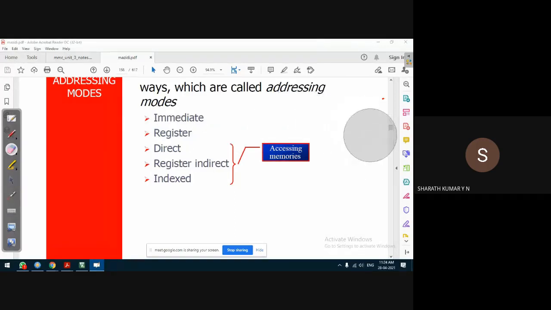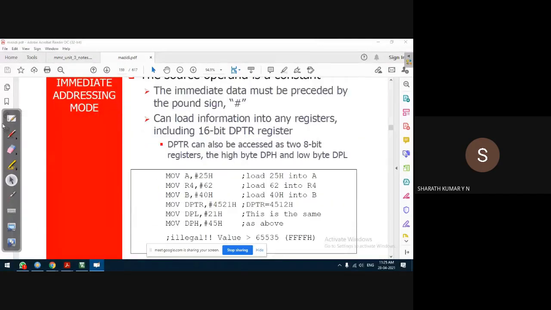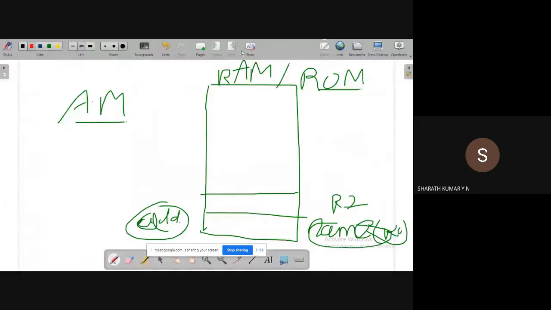How do we specify the data, guys? The data is specified using a hash symbol, or it's also called a pound symbol. Some textbooks refer to it as a pound symbol, some textbooks you find it as a hash symbol. The size of data, this also we discussed last class, can be 1 bit, or 8 bit, or 16 bit. On what does it depend? It depends on the destination.